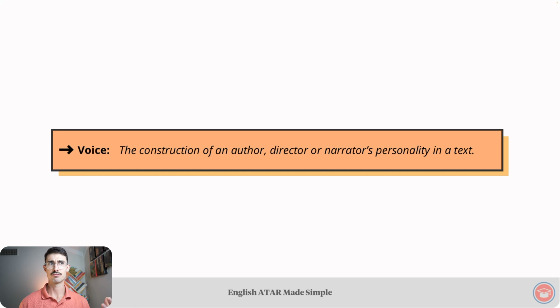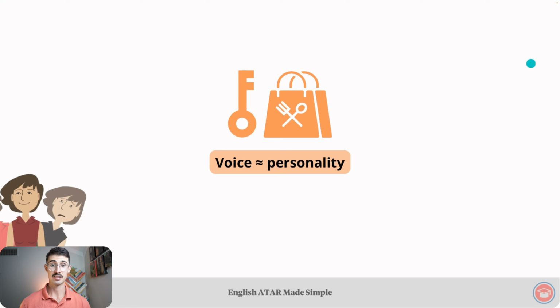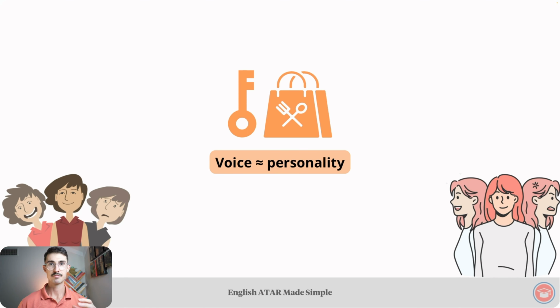I don't know if you can recall much about the lesson on context, but our definition for context had various elements, and throughout the majority of that lesson on context, we broke the definition down and we addressed each element separately. That's what we'll be doing in relation to this definition. Anyway, despite the fact that this definition has multiple elements, if you can associate this concept of voice with just one thing, one word, it should be this: the word personality. Analogy number 1 discusses this key takeaway in more depth, and we'll get to that in a few minutes' time.